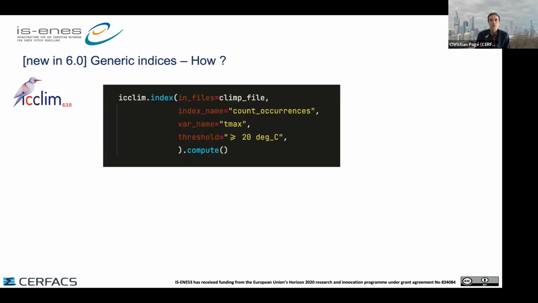So an example here of a generic climate index that you could define. You could say, okay, summer days is nice, it's 25 degrees Celsius, but I'm living in Finland and 25 degrees is very rare. So summer days for us is more 20 degrees Celsius or warmer. So you could compute that